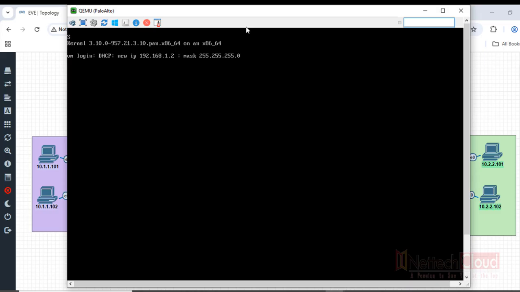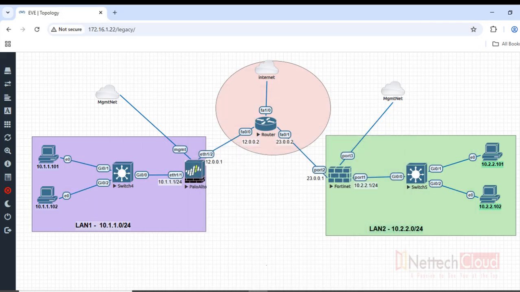So by default the Palo Alto firewall management interface is configured to obtain an IP address automatically from the DHCP server. If you look at the topology, the management interface is connected to the management network, meaning the management interface is connected to the physical network. Physical network means if there is a router, a Wi-Fi router, right? And here is my laptop. So my laptop is connected to the Wi-Fi router,